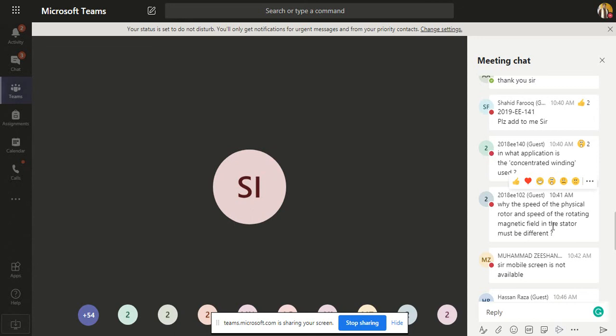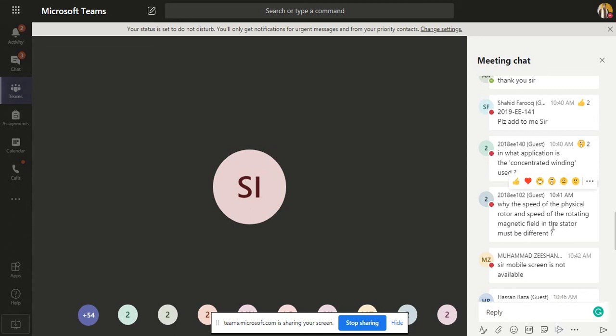So now assume that one car which was moving with 100 kilometers per hour is the stator winding. Now when this is the stator flux over there, and you are also a winding which is going to be the rotor winding, in that case, if you both are moving with the same speed, there is no relative velocity over there. For relative velocity you require, why?